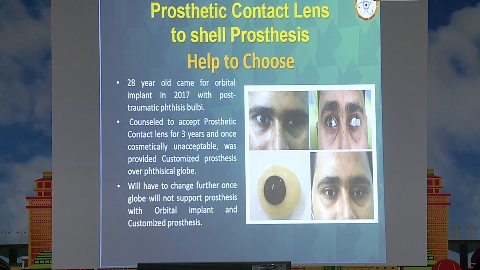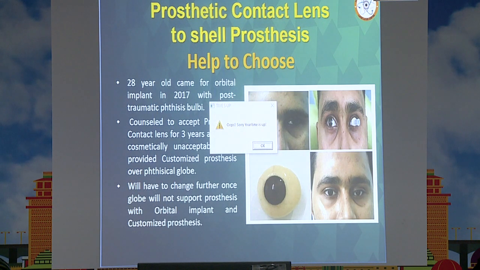So this patient, who we always say has come to us for an orbital implant in